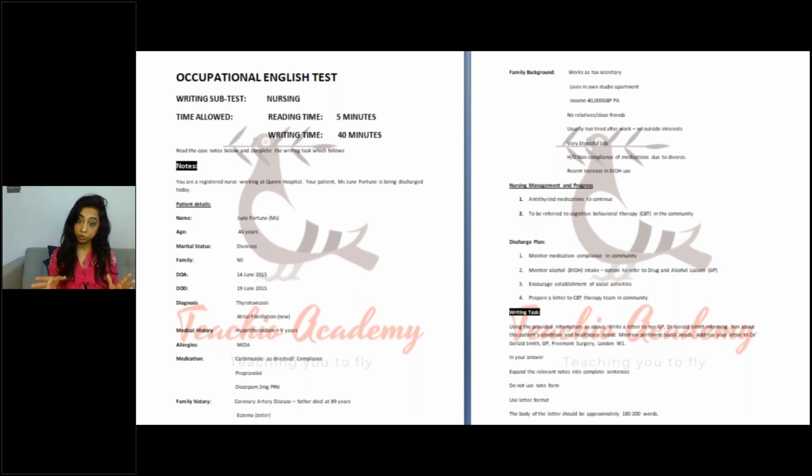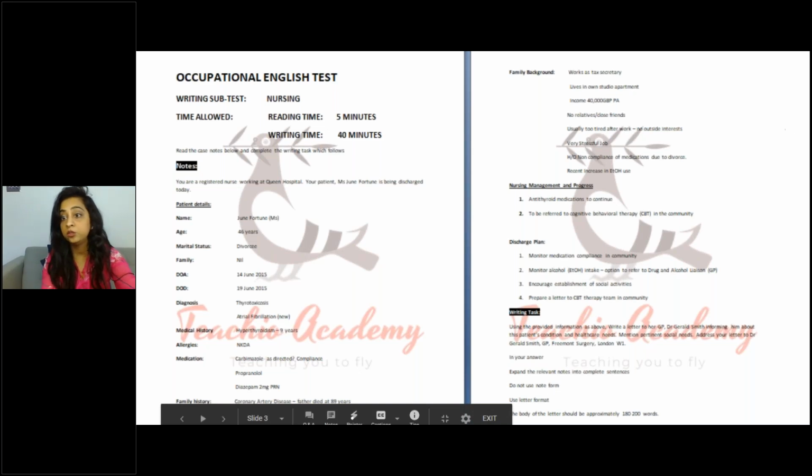What I want everyone to do is read your task and then tell me which are the things which aren't important on this letter and which you would cross off or would not include when you write your letter. So everyone, please go to your chat window and type